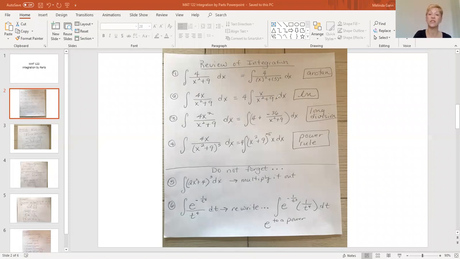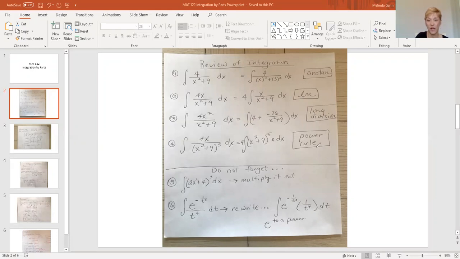Okay, if it's not natural log, remember, what should you think of next? Well, I notice on this one, I've got a power. Remember, if it's power rule, the power needs to be in the top. So I pulled it to the top, so that made it a -5. I still have this 4x, but I pulled the 4 out, and that left the x. And you need the derivative of the inside, which is 2x. So you need to multiply by 2 here, and then a 1/2 out there,